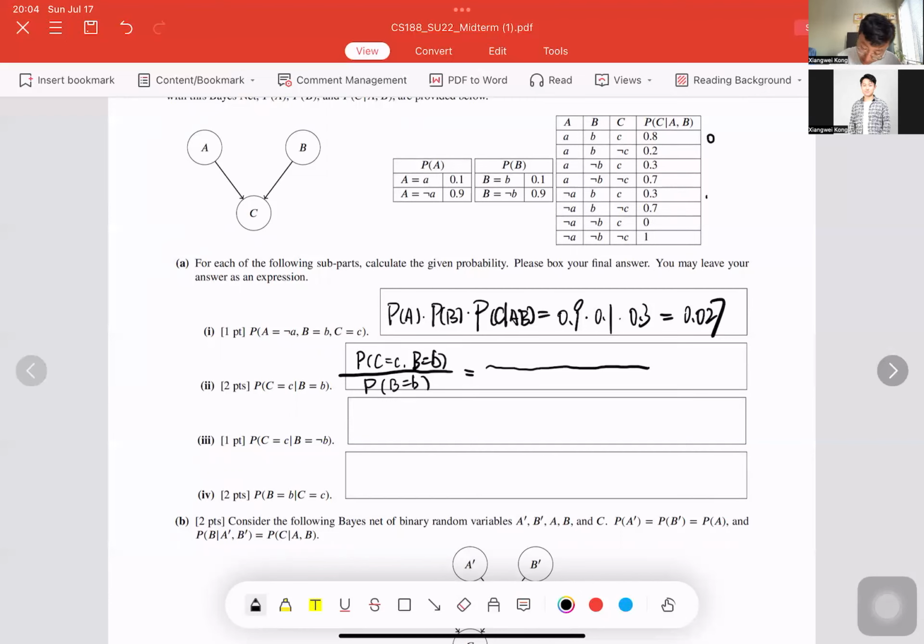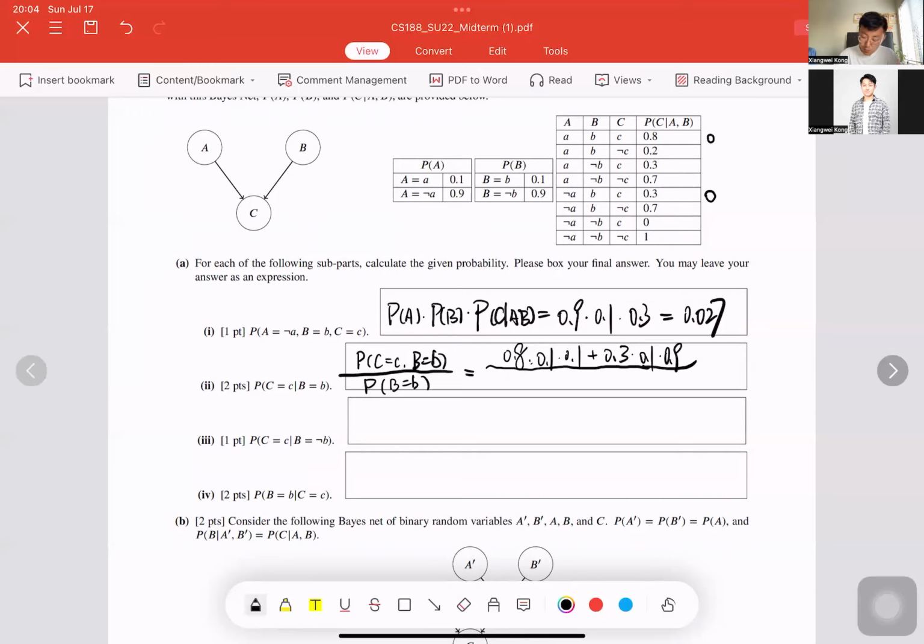So here, and no other places. So what we have is 0.8 times 0.1 times 0.1 plus 0.3 times 0.1 times 0.9,